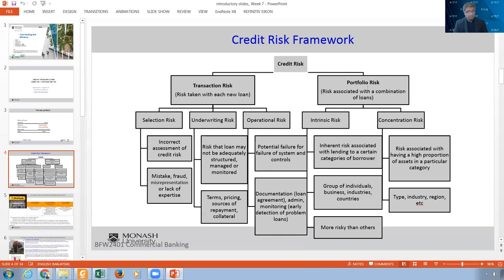Now, when we go to the portfolio risk, maybe everything is fine here, but you take on intrinsic risk. For example, you invest in some types of businesses that have their own risk. For example, when you make huge investments in oil. Now, oil prices go up and down all the time. And there is the replacement by what we call solar energy, air energy, especially when you make huge loans here.